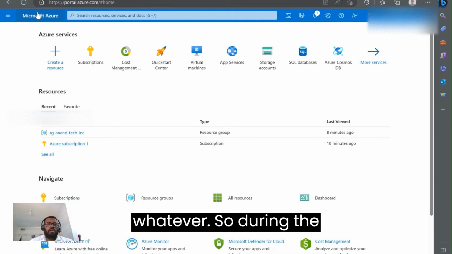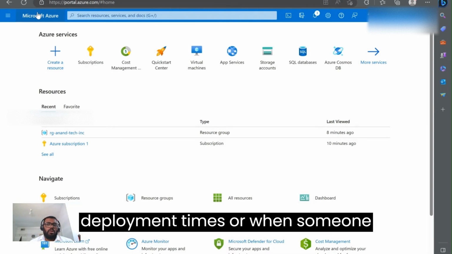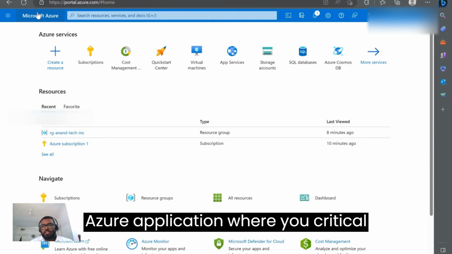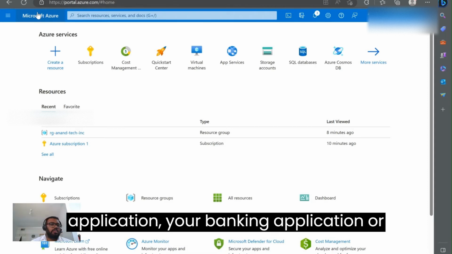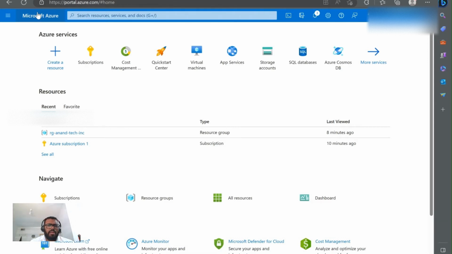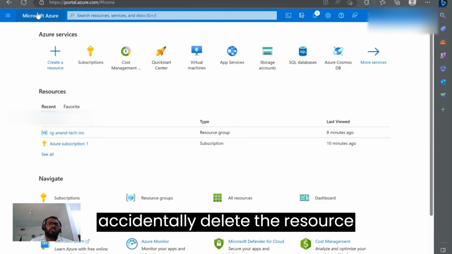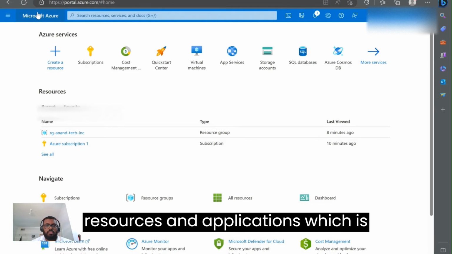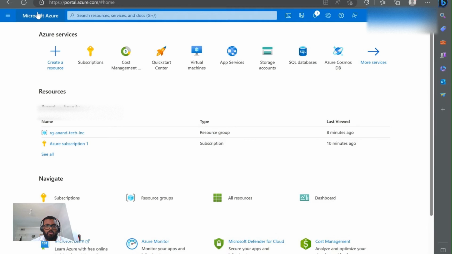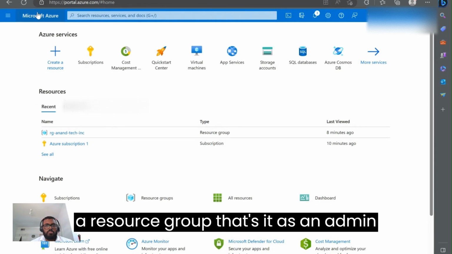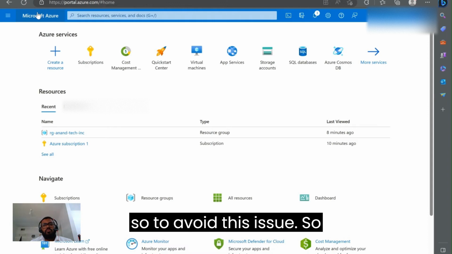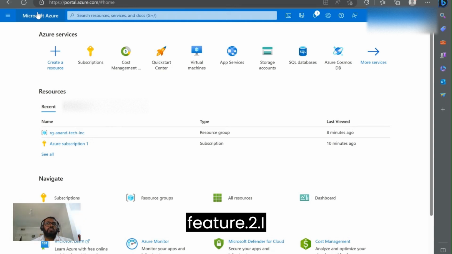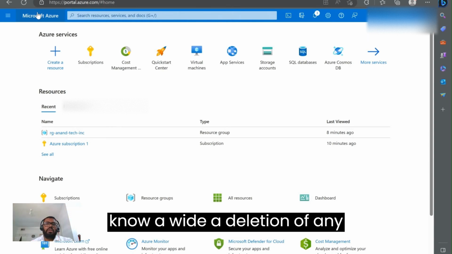During deployment times, or when someone is taking care of your very critical Microsoft Azure application, your banking application or your website or whatever, they might accidentally delete the resource group which holds multiple resources and applications crucial for your business. Once you delete a resource group, that's it, even as an admin. So to avoid this issue, Microsoft Azure provides us a nice feature to avoid deletion of